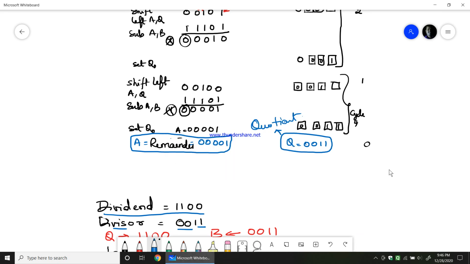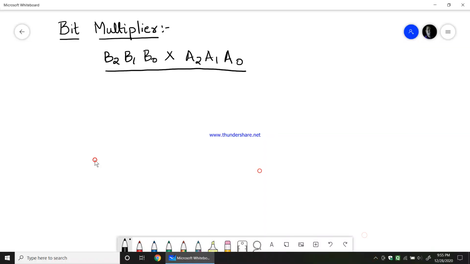I think by this process, you have understood how the bit division can be done, the bit divider. I think the complete algorithm is clear to you, how to find the quotient and how to find the remainder, with 2 different examples which I have explained. So I hope you can take your own examples and learn how a bit divider can be designed using the restoring division algorithm. Okay, thank you.